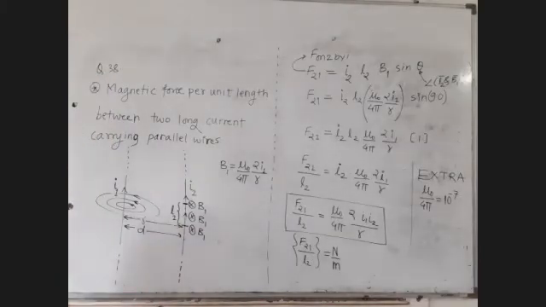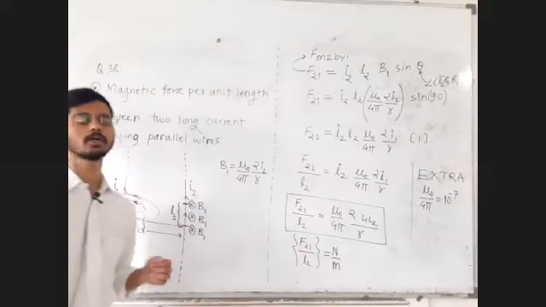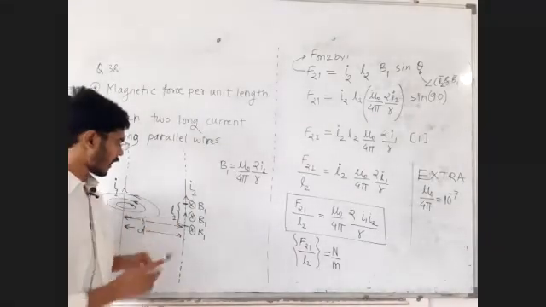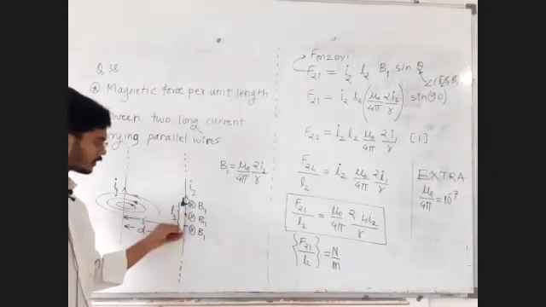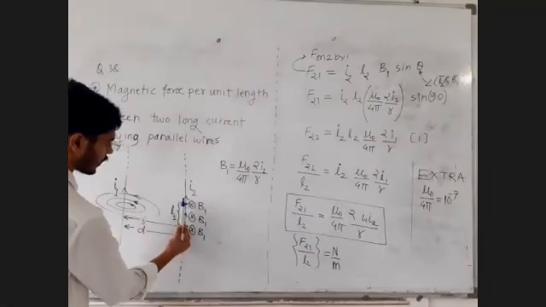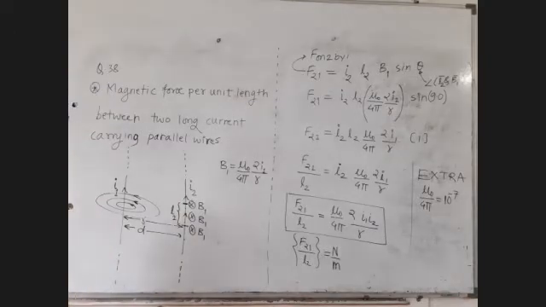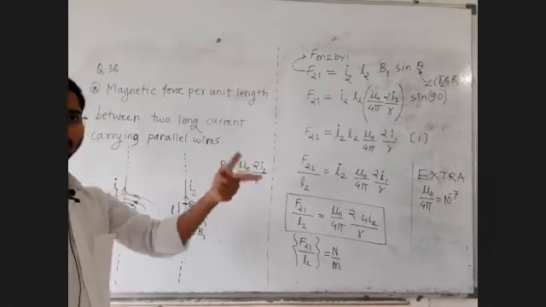Okay. Now sir, let us find out whether these two wires are attracting each other, repelling each other, or what is happening. Let us apply Fleming's left hand rule to find out the direction of force. Why can we apply Fleming's left hand rule? Because here the magnetic field is going inside and the length is in the plane of the board. The angle between them is 90. So to find the force on this length L2, या L2 वरचा फोर्स काढण्यासाठी आपण Fleming's left hand rule वापरणार आहोत. The magnetic field is going inside. I am making an arrangement like this.